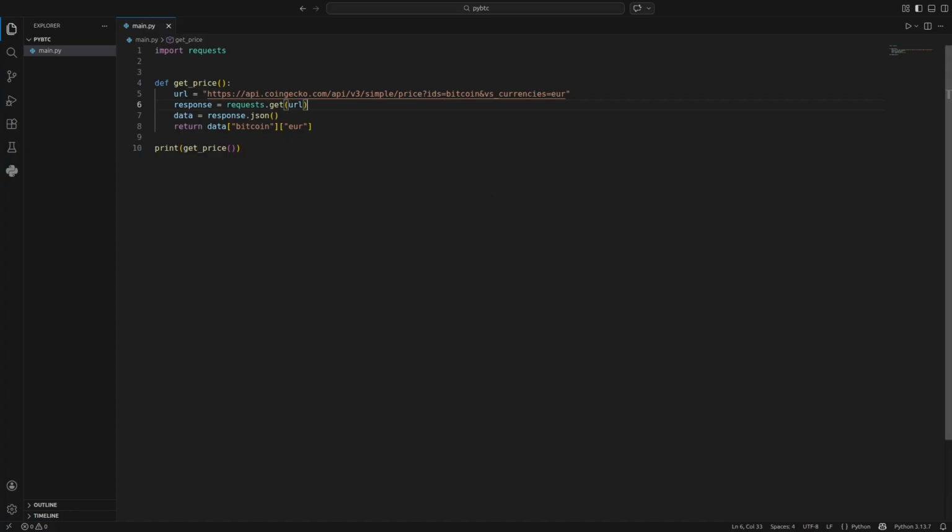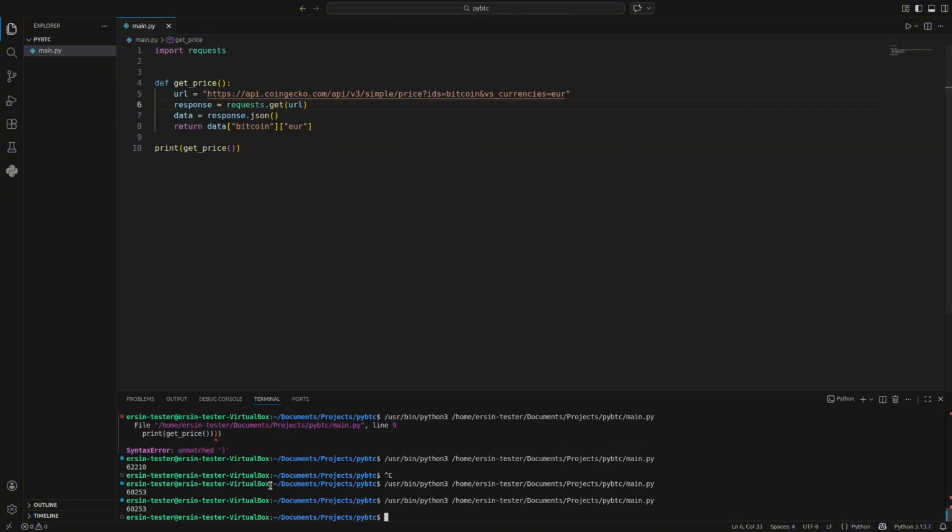It's just using requests and retrieve the Bitcoin price. There's no formatting, no security or user improvements. And it's working, returning the value as integer. This code works.